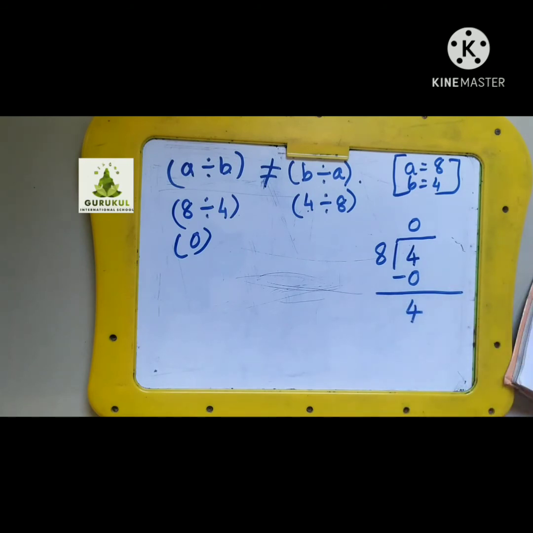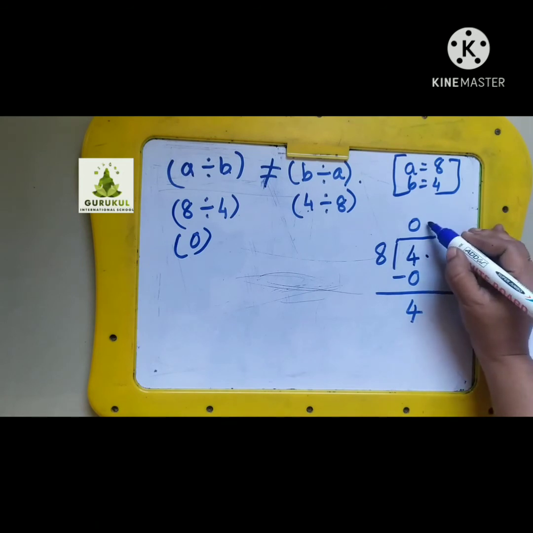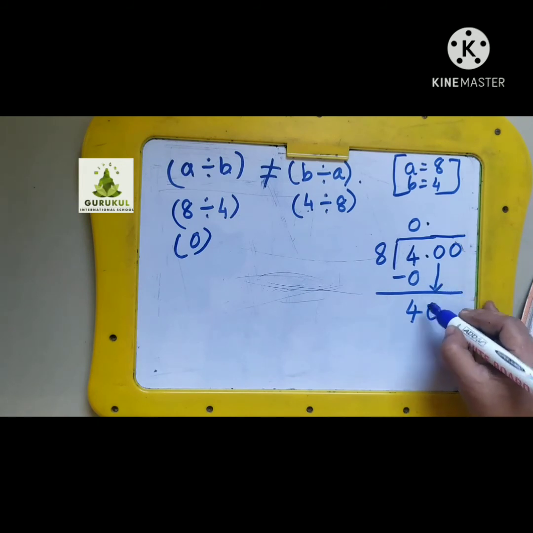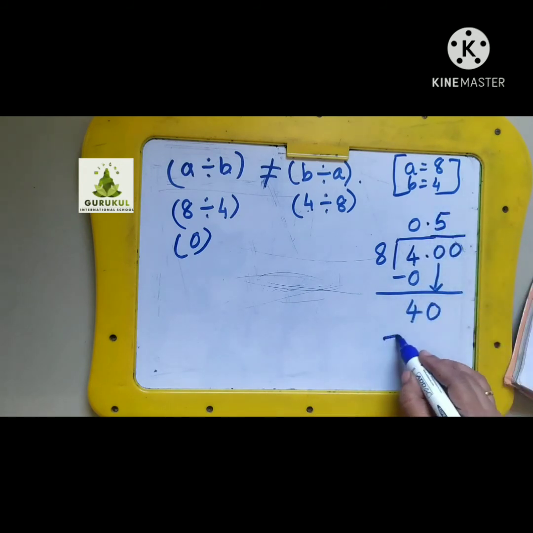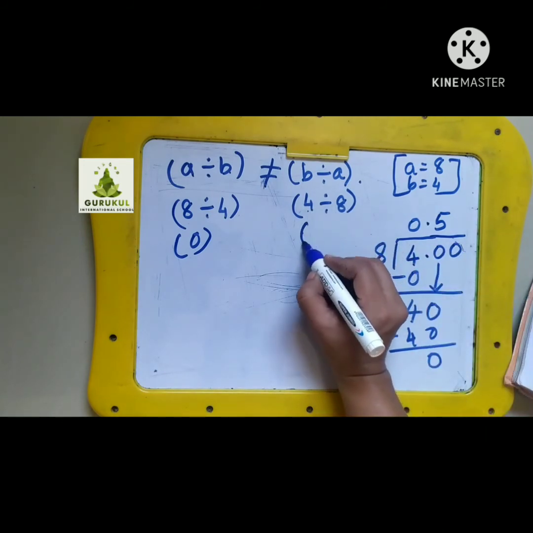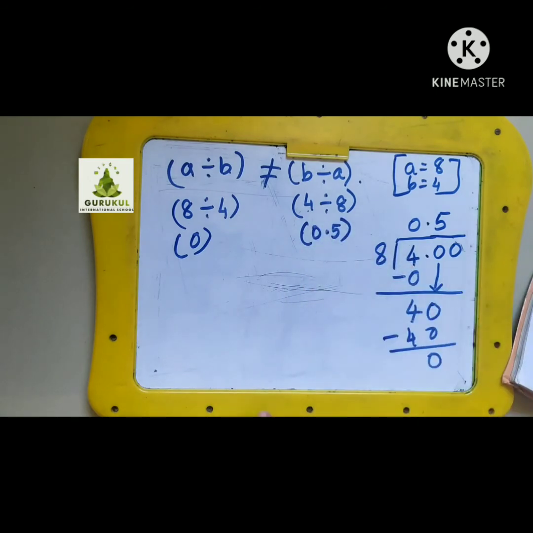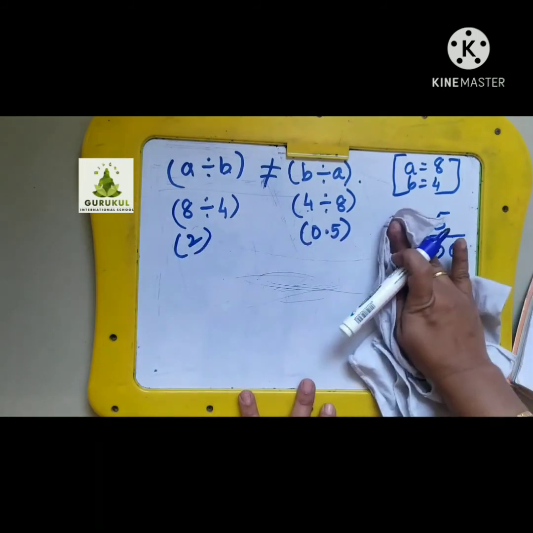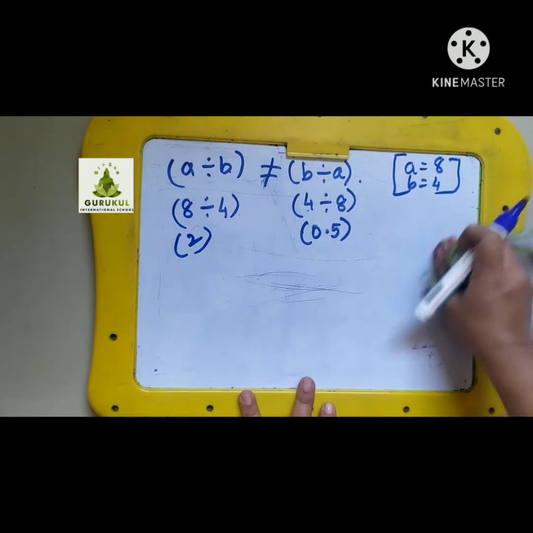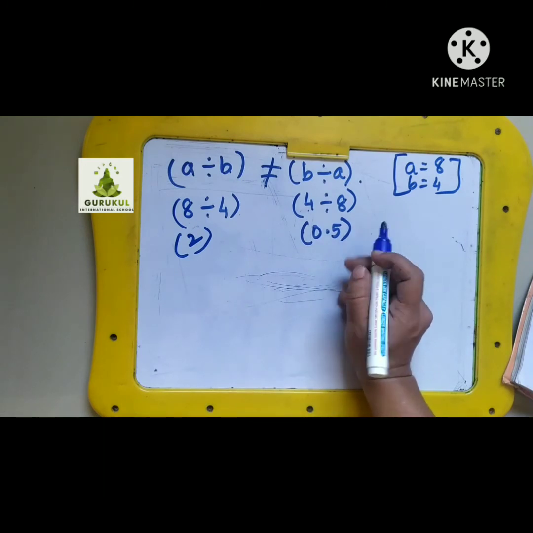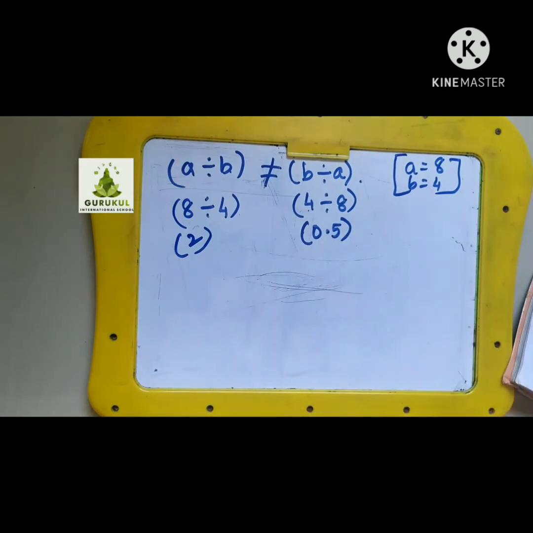But you want to still continue the division. So you will put a decimal and continue with the 0. You take down the next 0, you get 40. So you get 8 fives are 40. You got remainder 0. So when you divided 4 by 8, you got the answer as 0.5. Now see, in both cases, your left hand side is 2 and right hand side is 0.5. That means the answers are different, that is, they are unequal, hence the inequality sign.